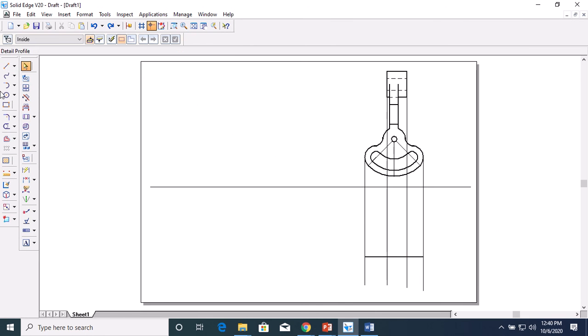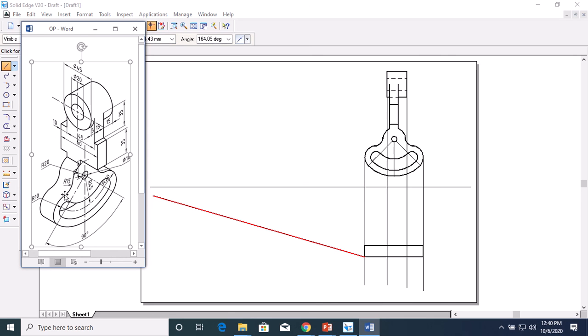As I scaled down the front view to 50%, here you have to take half of the dimension, 90, then you close this, you get this profile. Let's assume it is 20, then it will be reduced to this 10 mm here.